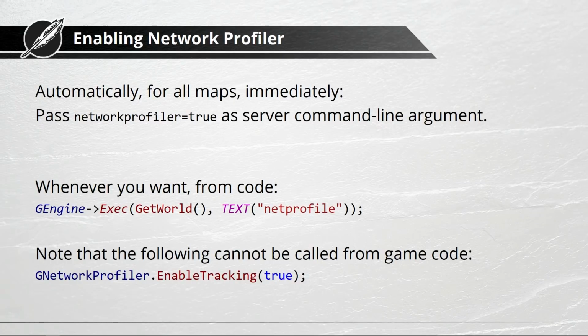When you try to figure out how to enable the network profiler with the official documentation, it usually points you to passing some kind of command line argument when starting the server. Just pass networkprofiler=true, and then the server will automatically start the network profiler whenever a new world is loaded and ready. Even if you're using seamless travel, there was a talk yesterday, and you have some kind of lobby maps or transition maps involved, then it will make sure that it always starts a new performance capture whenever a new world is loaded up.